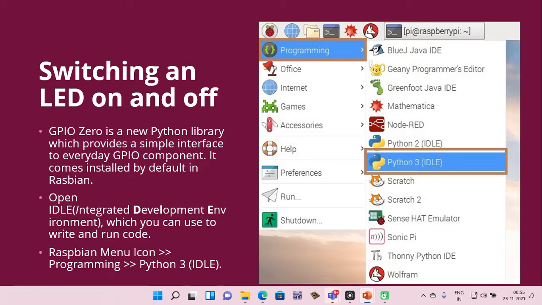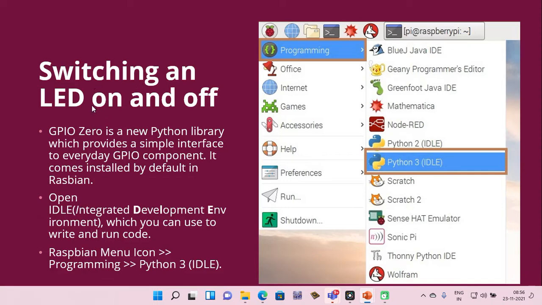And what is the best advantage? You don't need to write complex code, okay? Just call the function. And I have found one interesting feature. Let's say if you want to implement a traffic light with these GPIO pins, I think it has built-in functionality. Just call the traffic light, give the pin numbers and give the delay. It will implement the traffic light. But we'll go with the basic way today to learn the steps, how to do the programming step by step.